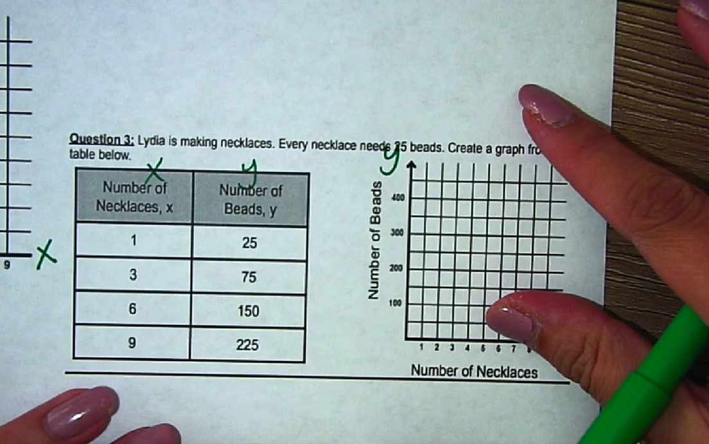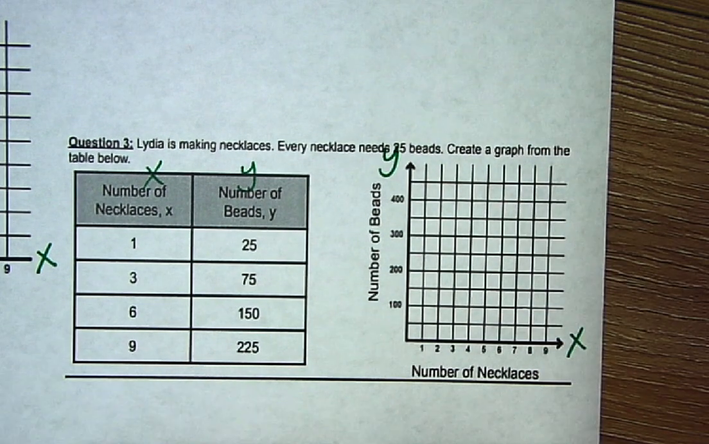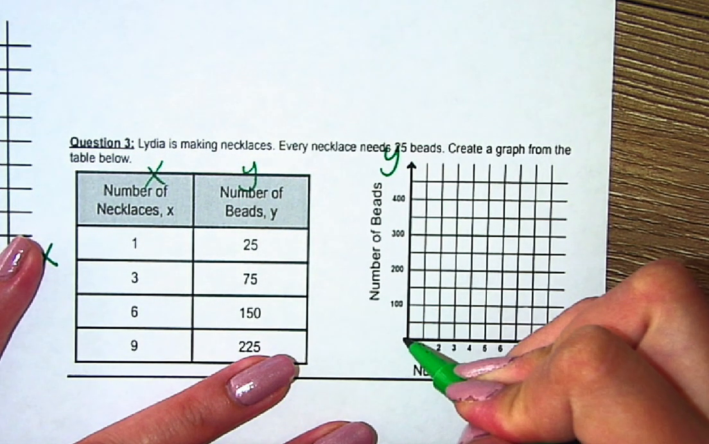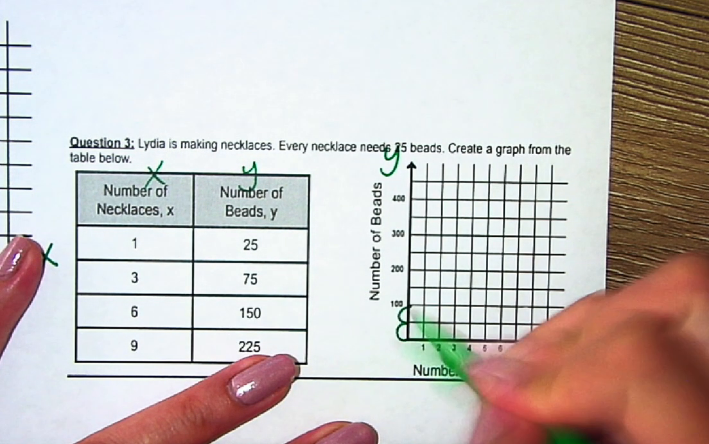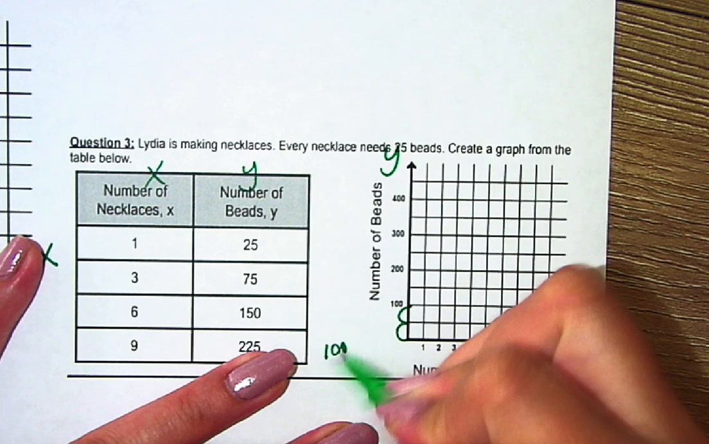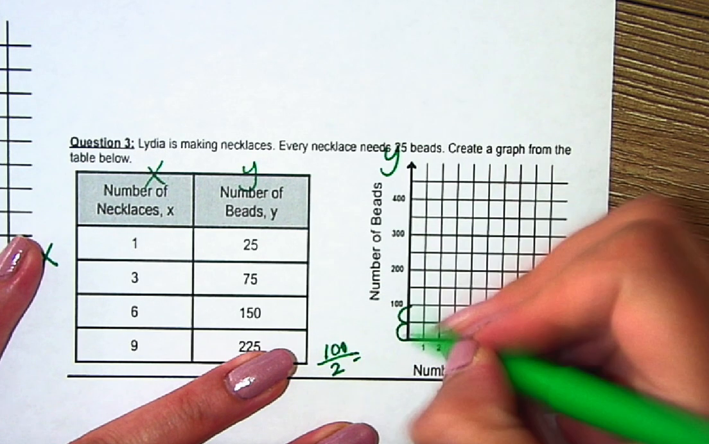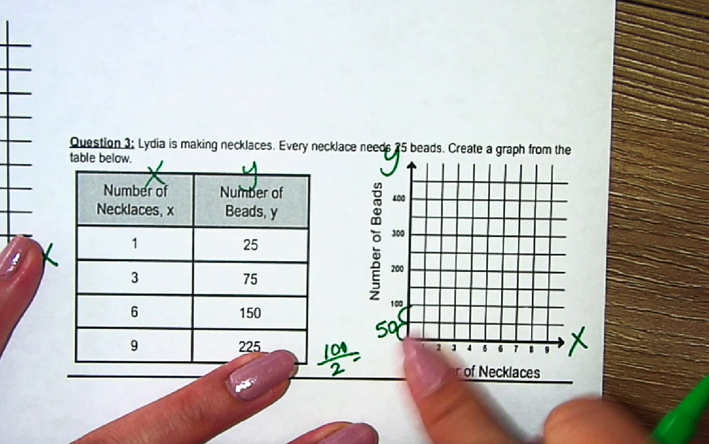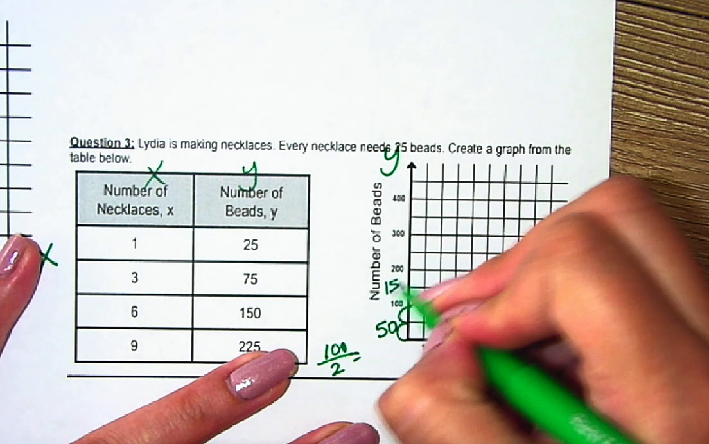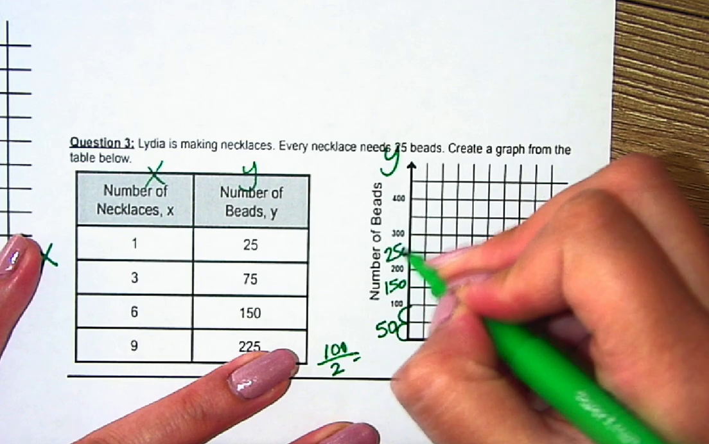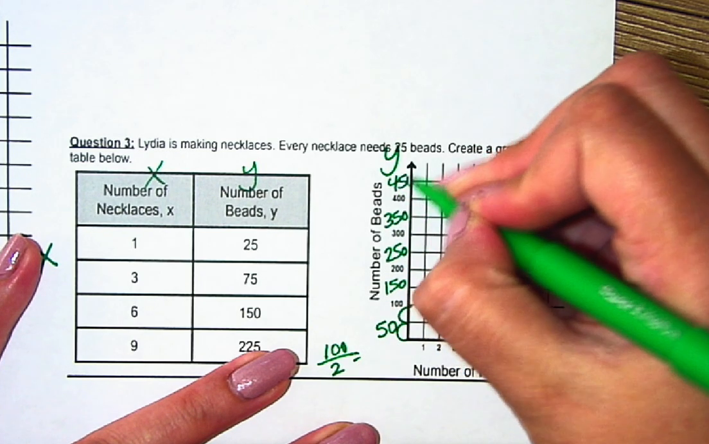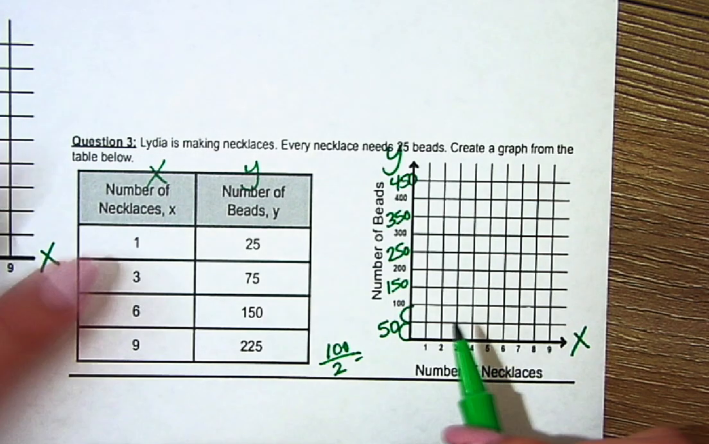The second step is to do my increments, fill in missing increments. So it's missing some, so I'm going to count my jumps, 1, 2, and I'm going to divide that by 100. That's going to give me 50. So I know that it's counting by 50. So 50, 100, 150, 200, 250, 300, 350, 400, and 450. Okay, so now I'm going to